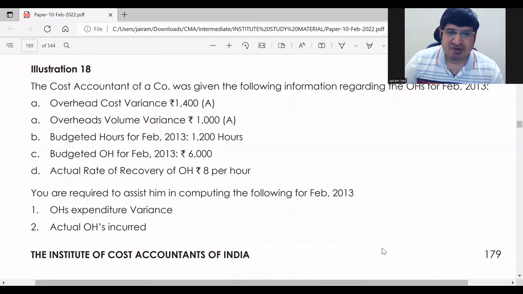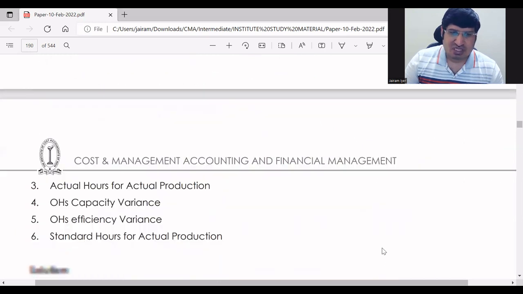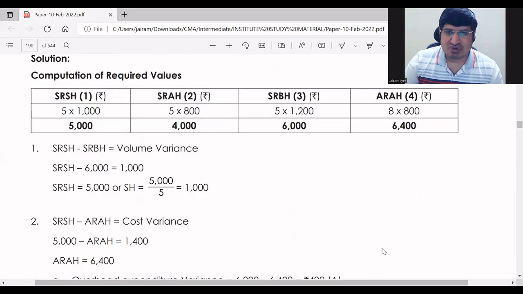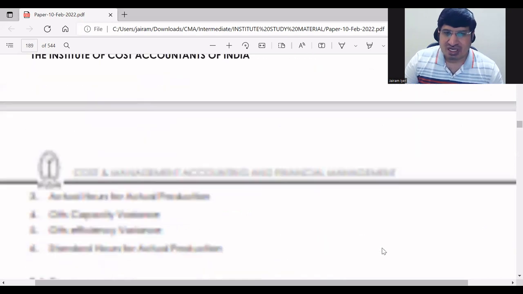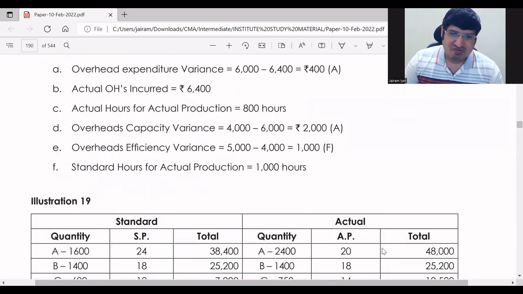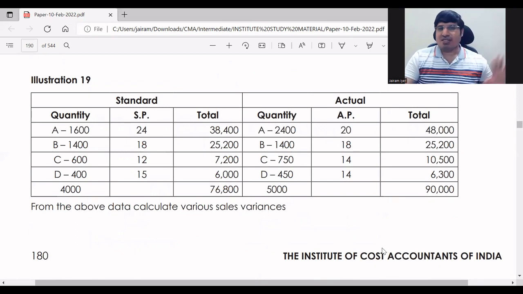This is again a fixed overhead variance problem, okay. I leave it for you, okay. You just don't have revised budgeted hours in this. It is a simple problem, you can try this one as homework. I'll give you illustration 18, and with this your fixed overhead is complete, fixed and variable overhead variance is completed, okay. Let me just give you